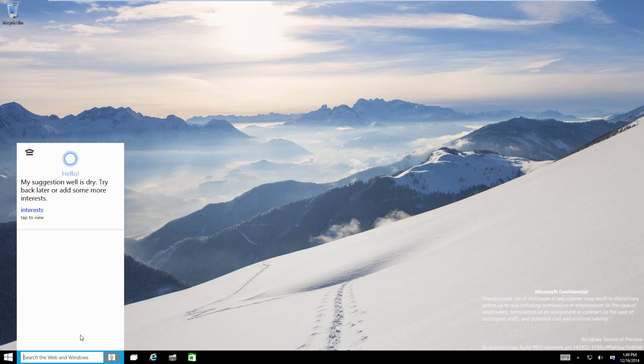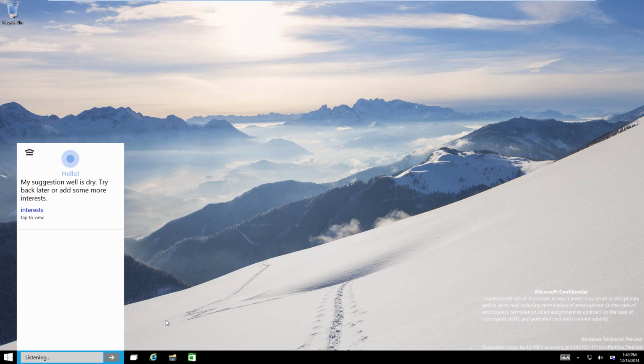And yeah, it works just like you would expect Cortana to work on the Windows Phone operating system. The only problem is that it doesn't work all the time, and I'm guessing it's because this is still not released to the public yet, so all of those servers or whatnot might not be 100% working yet, as this is still just being tested internally by Microsoft. But I'm going to give you a little demo here, so let's just get started with that. I think what we have to do is just click on this little microphone button here,